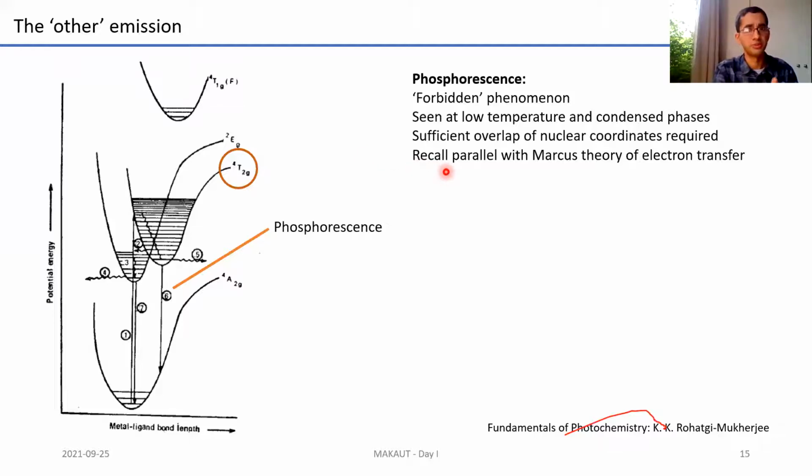Pardon me if this sounds far-fetched, but this is associated with Marcus's theory of electron transfer. For those of you doing special papers in inorganic chemistry and dealing with electron transfer theories such as outer sphere and inner sphere mechanisms, there's a foundational theory on electron transfer put forward by Rudy Marcus, who's a Nobel laureate, currently based at Caltech, I think. Marcus theory also involves a transition between two states, and the energies associated with them are known as the free energies of electron transfer. But yes, the framework is similar.